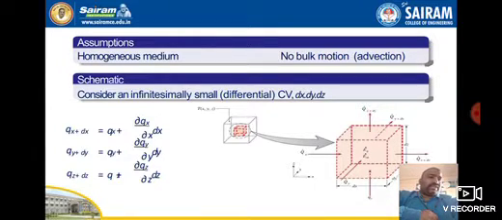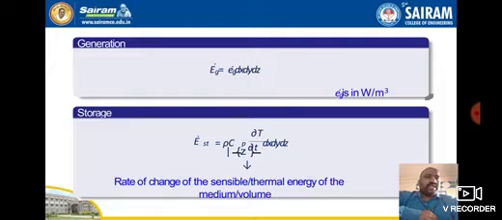Okay, so here if you consider an element having sides dx, dy and dz, the heat leaving that element, that is q at x plus dx, is equal to qx plus dou qx divided by dou x into dx, and similarly for the y and z directions. So for the energy balance, energy in and energy out: energy in minus energy out, in between that we can introduce the heat generation. Energy in plus heat generation is equal to stored energy. This is the energy balance equation.